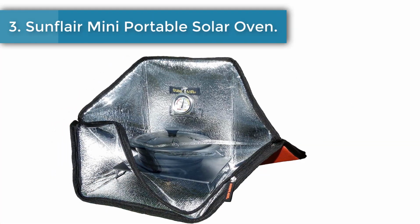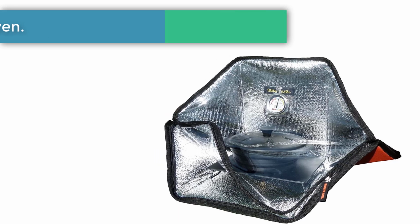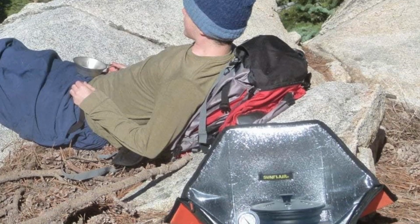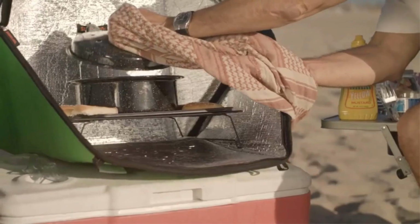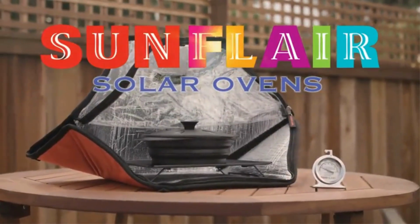Number 3. Sunflare Mini Portable Solar Oven. Tired of carrying bulky cookers when out camping? If yes, then you are in luck. Sunflare Mini Portable Solar Oven is one such solar oven. This equipment is a foldable solar oven, which you can carry around when out in the wild, as it weighs 1.25 pounds. It may seem quite small when you look at it, but it has enough capacity to accommodate several